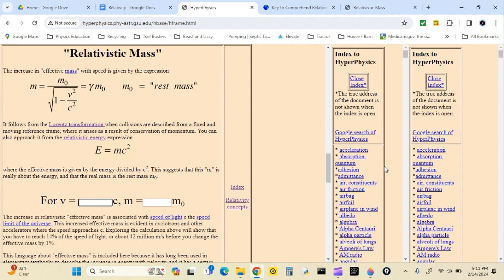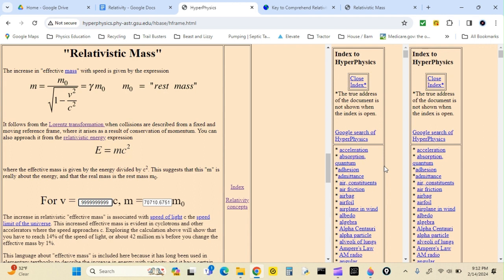Okay, let's try our little calculator here for the mass and see what the difference is. Here, let's plug in 0.5, see if we did our work right. Hey, I think we did the work right, 1.15. Now let's back up and do the same thing, 0.9, and see what the relativistic mass is. Ooh, 2.29. So if I started out with 1 kilogram, now I'd have 2 kilograms once we speed the thing up. Now let's put a whole bunch of nines here and let's just see what happens.